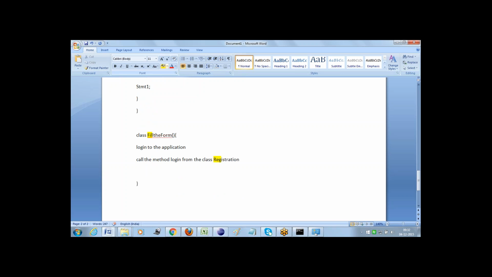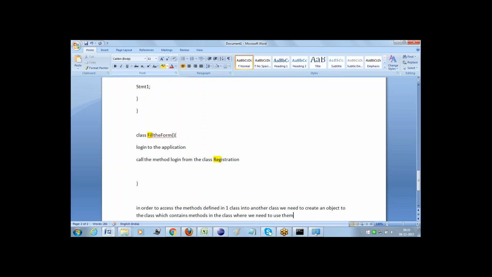The simple point here is, in order to access the methods defined in one class in another class, we need to create an object of the class which contains the methods, in the class where we need to use them.